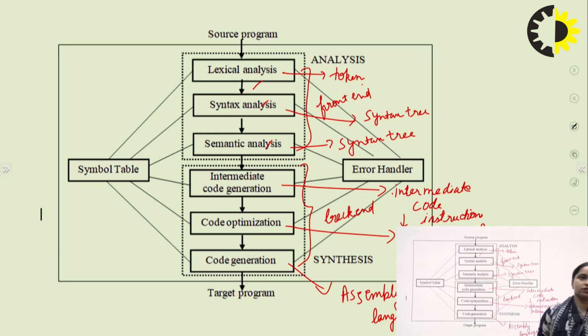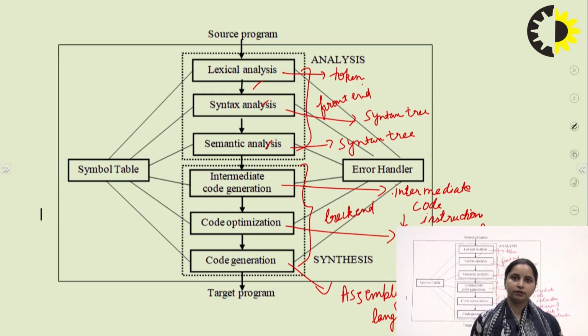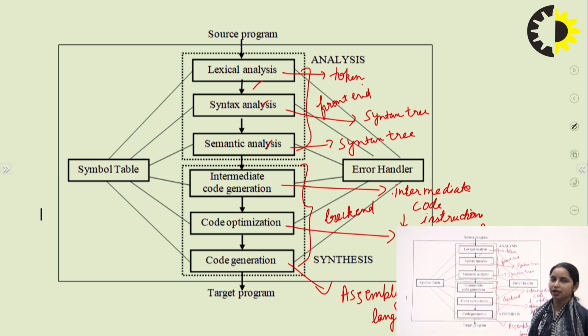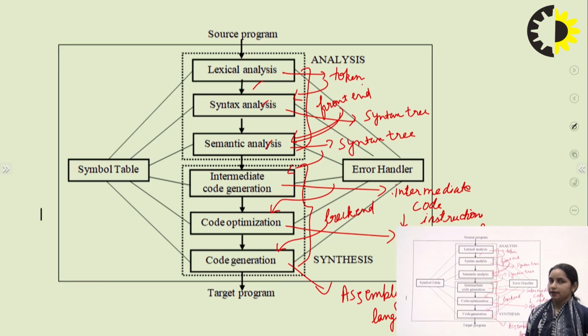Right. So this was the gist of this lecture, that we have covered all the phases of the compiler, their jobs, and what output and input each receives. For syntax analysis, the token is the input; then the syntax tree is the input, the syntax tree is the input, the intermediate code is the input, then the optimized code is the input. Right. So this is how it works.